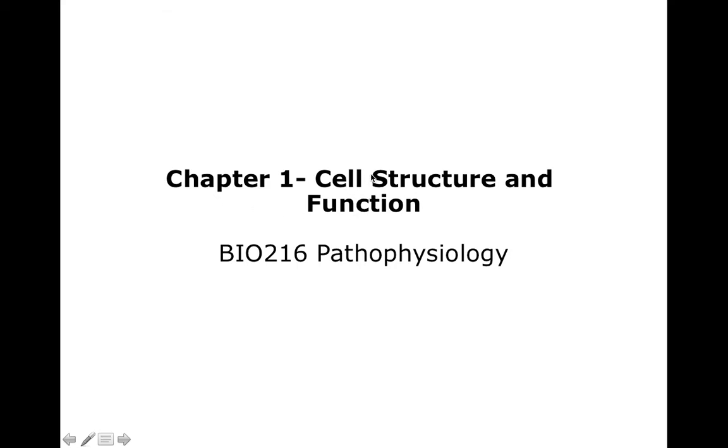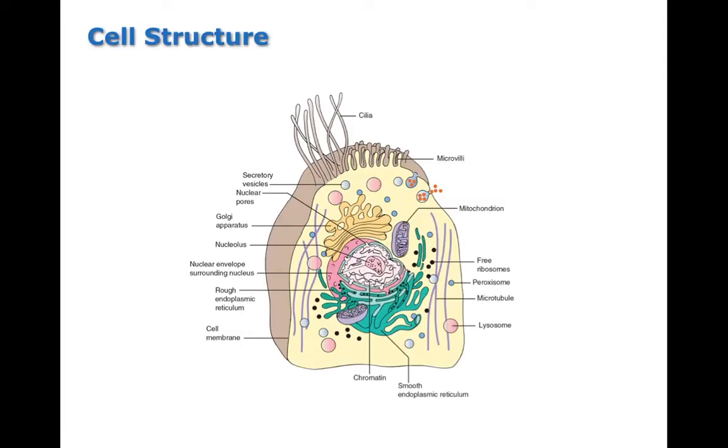Chapter 1, we'll look at cell structure and function as a review from other biology classes you've probably taken. So with cell structure, what we're going to start out here is just talking about a typical cell. And what you can see is things like the plasma membrane, which surrounds and encases the whole cell. It's that lipid bilayer, which helps to separate the fluid environments, the intracellular fluid from the extracellular